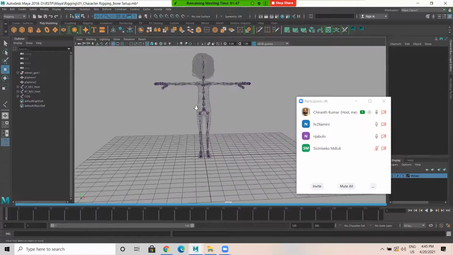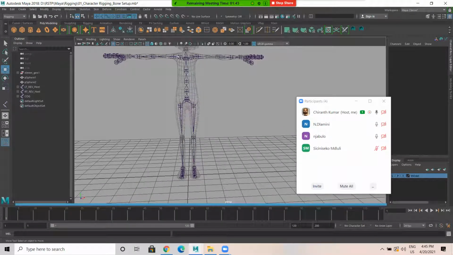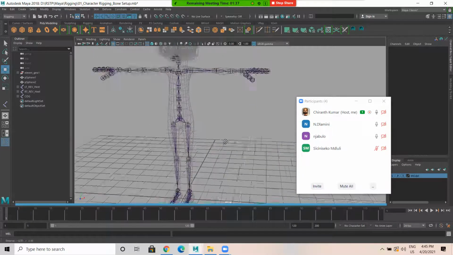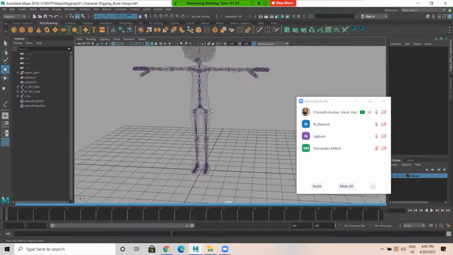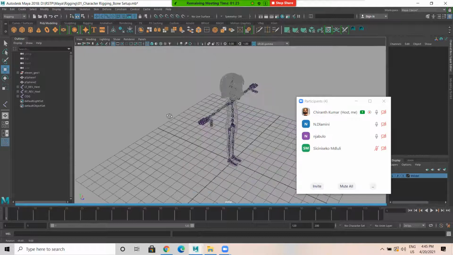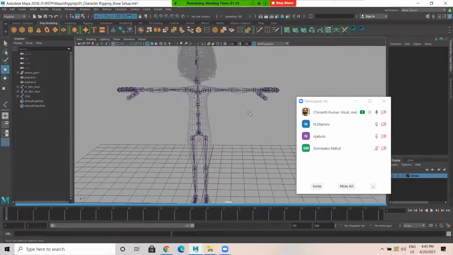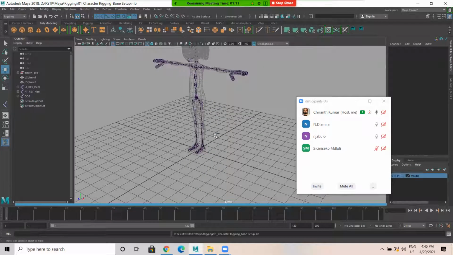So what I'll do, I'll share this model. You guys do rigging for the model exactly like this, and refer to the video if you have any doubts. Okay, I'll share this video. Do this without fail. Next class I'll show you how to apply IK handles and where we can create controllers and constraints and all. I think it takes another 2 or 3 sessions to complete this rigging.